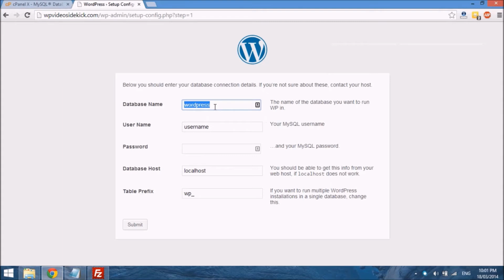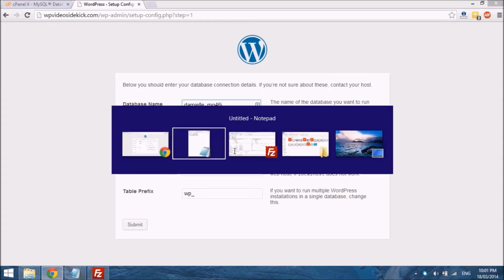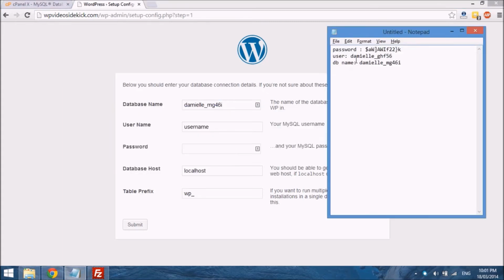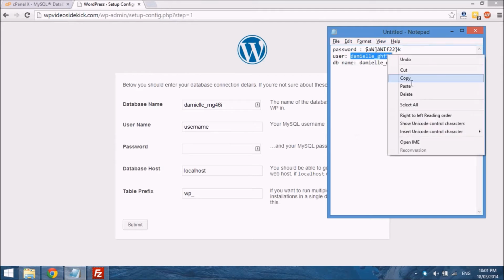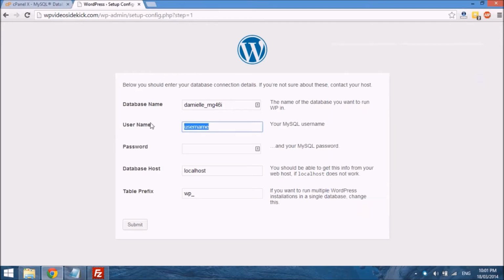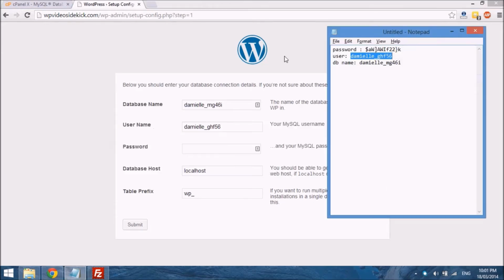So the name and user. So we copy all of that over. And then the password